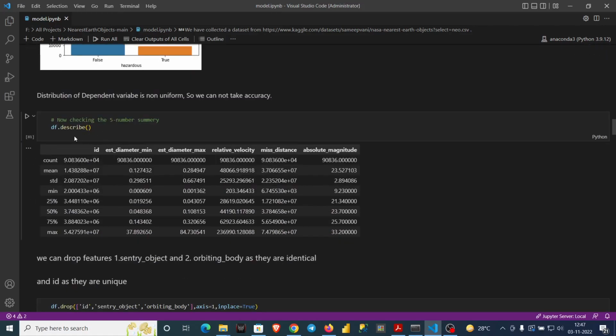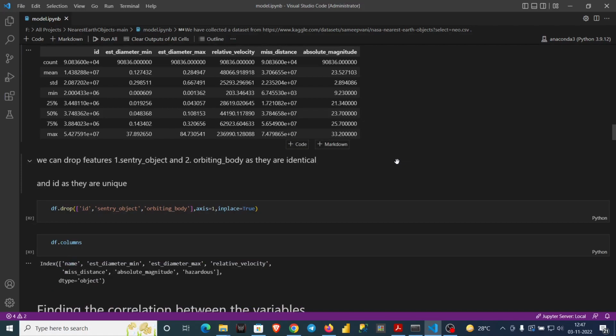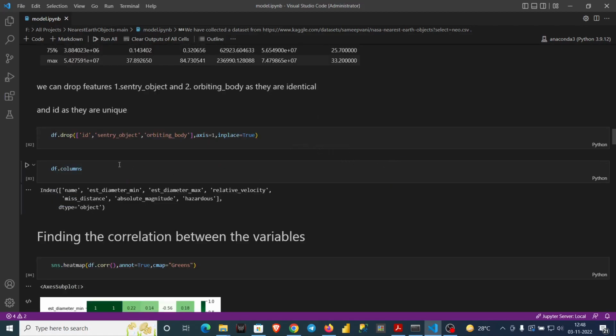Then I am using df.describe. This is a 5-number summary. Here I'm getting maximum, minimum, standard deviation, mean, then 25 percentile, 50 percentile, 75 percentile. Here we can also find the IQR. You have heard about it in statistics. IQR is the interquartile range. When you study those things, you will find that IQR is a very important measure to find